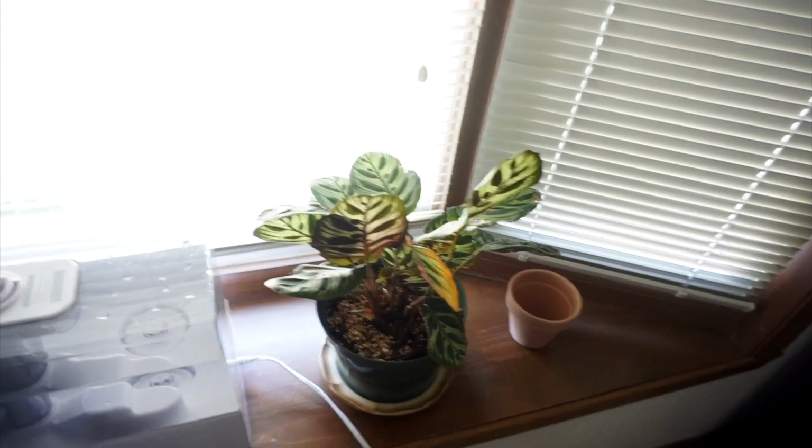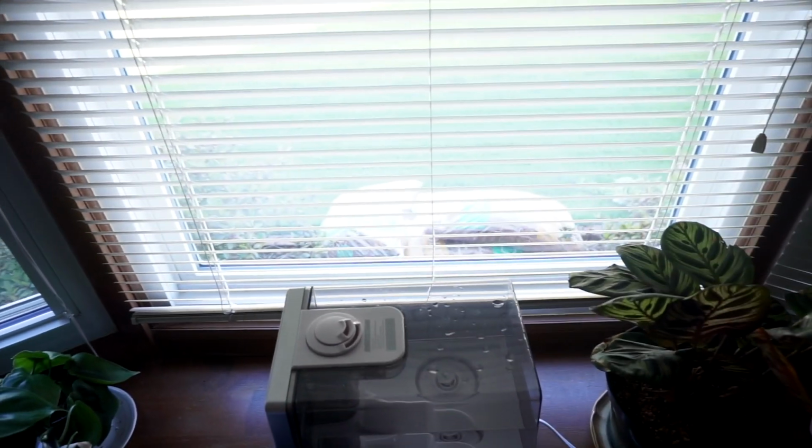Then on this shelf is sort of my little quarantine zone. So this is still an east-facing window. I used to have more plants on here, but this is kind of an uneven base, so it's not good to have the humidifier and stuff on it unless it's facing this way. Whatever, not important. This is a Calathea Makoyana that I've had for a while and was doing pretty good,